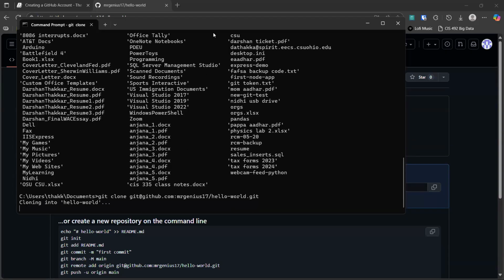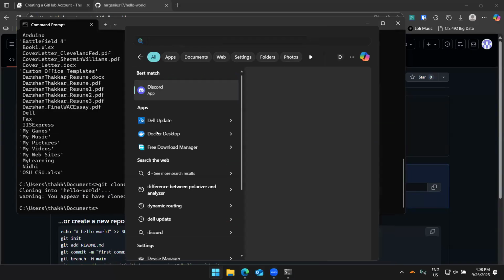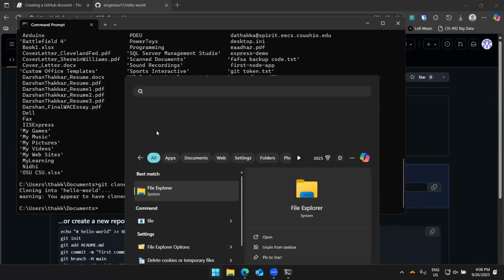Okay, it might give you a warning that there are no files in there, but the point is it's going to clone it into hello-world. So what it essentially did is, if you go open your file explorer,